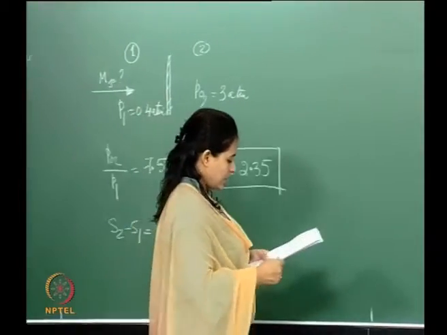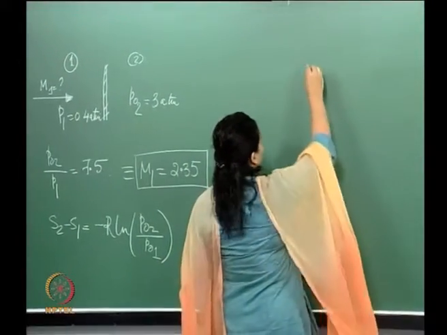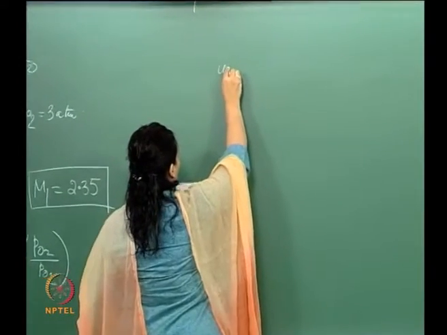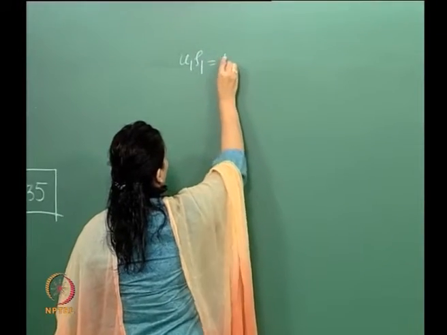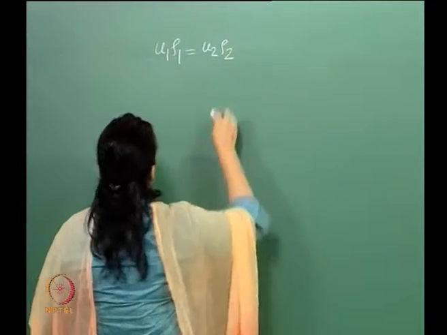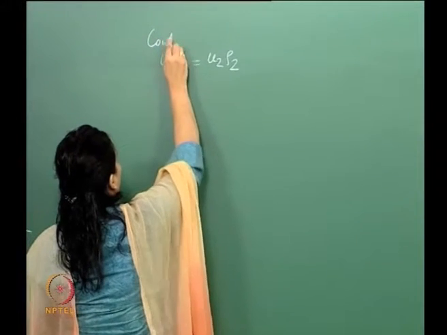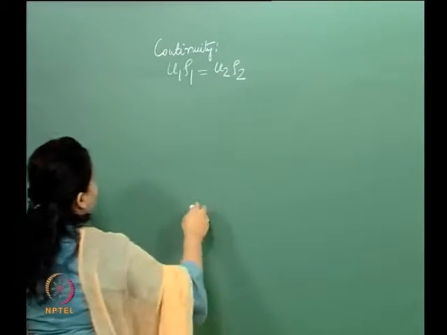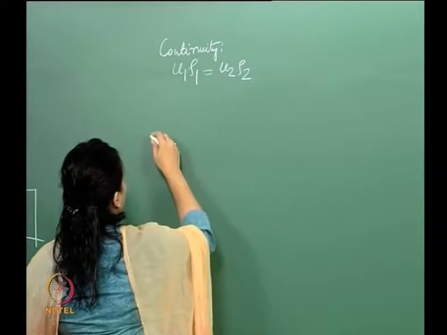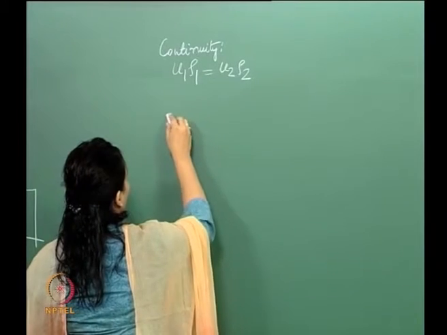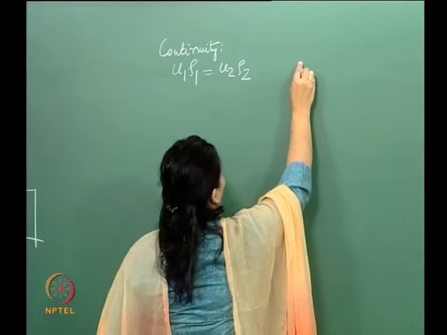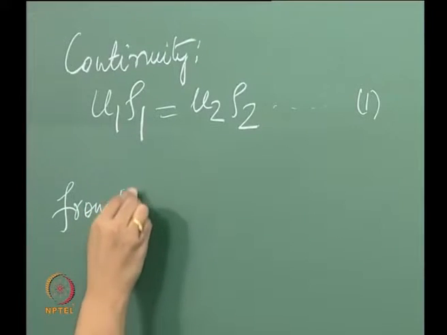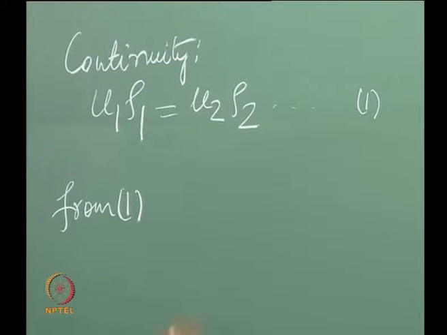Now if we go back, we have our continuity equation. So this is from the continuity. So let's call this 1. Now what we will do here is we will write